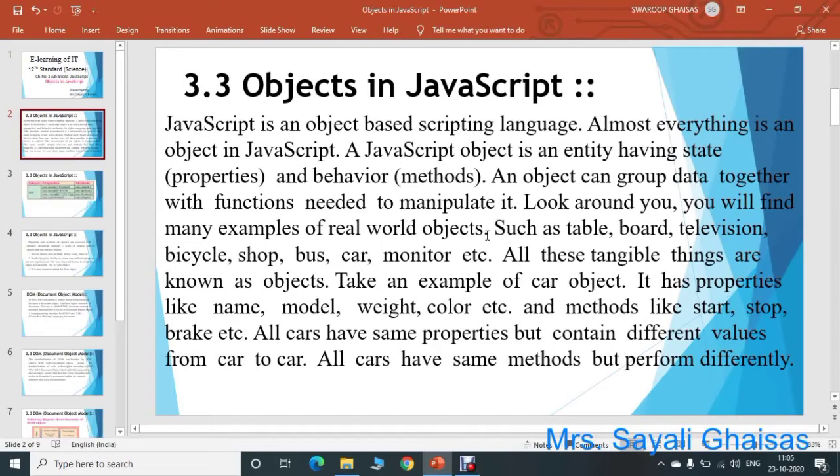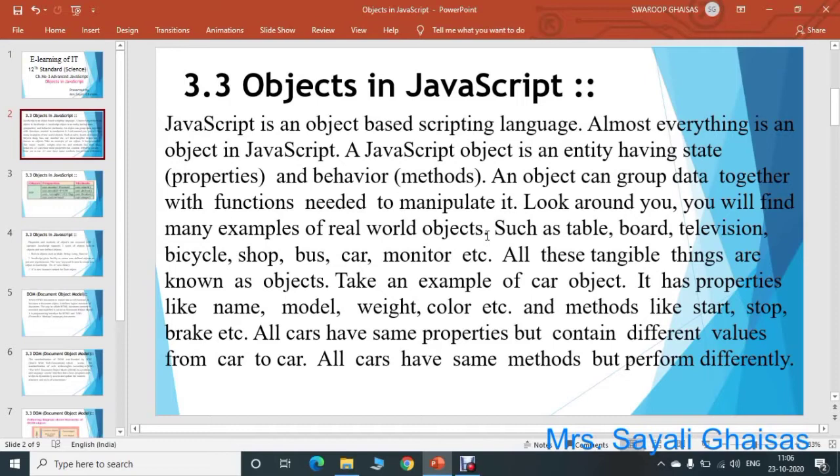Take an example of a car object, suppose. Then it has properties like name, model, weight, color. So every car will have a unique name, a unique model number, then weight, color, and such different properties will be there for the object car.